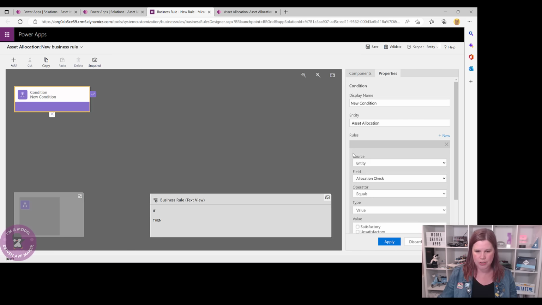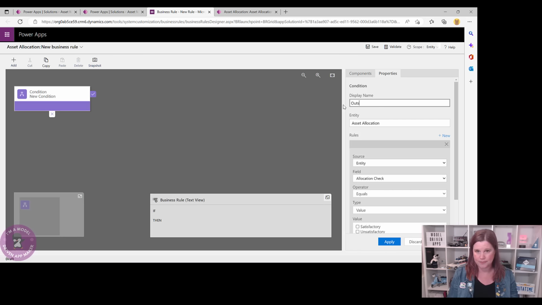So we're going to go into the condition here. So condition, is this true? You can see we've got a true path with the tick or a cross path with the false there. So new condition, and if it's true, first thing we're going to do is give this condition a name. You are going to make sure you name everything along the way, because it's going to make it a whole lot easier to do all of the things as you go along. So this one is going to be